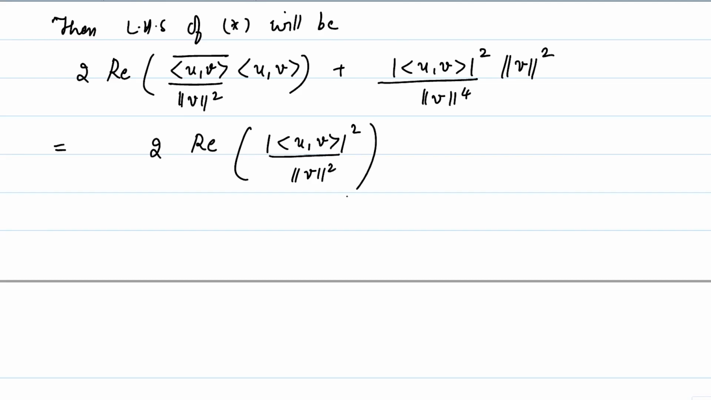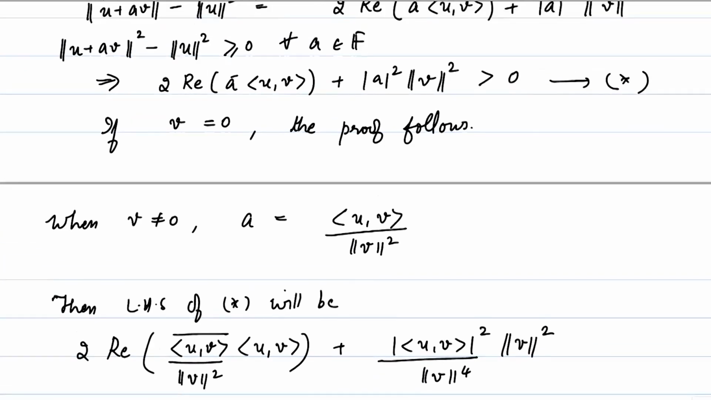Why would it be the absolute value? Should check that if z is equal to a plus ib, z bar is equal to a minus ib, and z times z bar will be just a square plus b square, which is the square of the absolute value of z. So this is exactly what we will be getting. Plus, after cancellations, the next term will just be equal to the absolute value of the inner product of u, v, the whole square, by the length of v square. But notice that we are looking at the real part of a real number, so that has to be the number itself. So this is equal to 2 times,